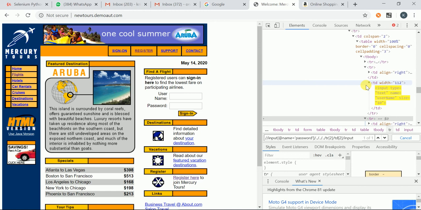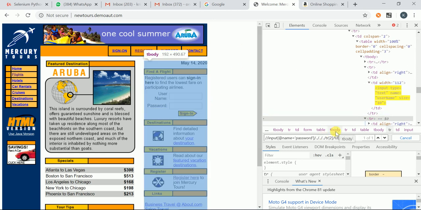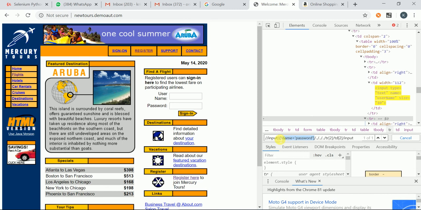I did not use any locators of the username, but I am able to locate the element. I am able to get the username because I identified the password, went to its parents, and reverse traversed again to the username. This is a very, very important syntax.